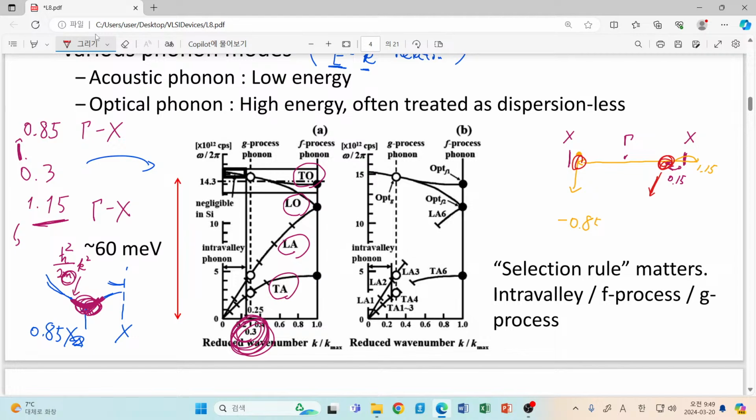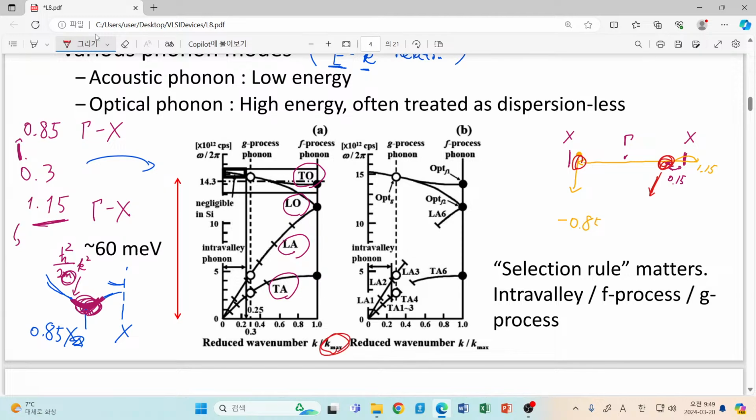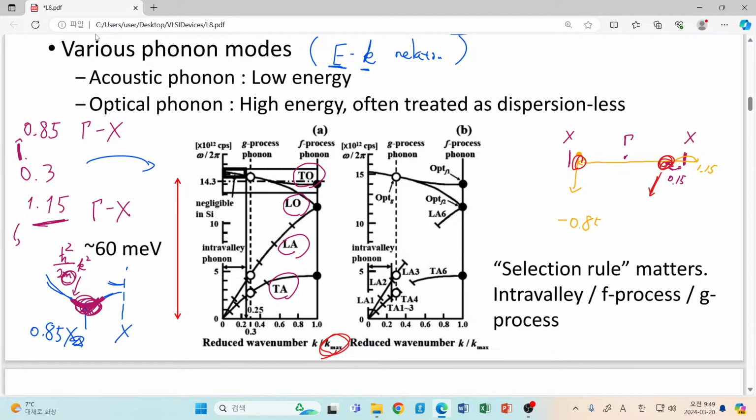It simply means that the phonon whose K value is 0.3 in the scale of our maximum K value in the first Brillouin zone just moves one electron located in this valley